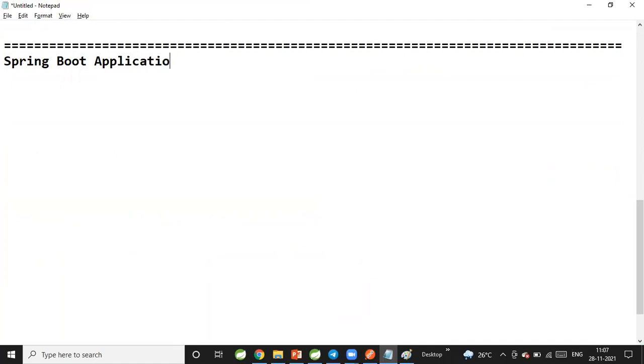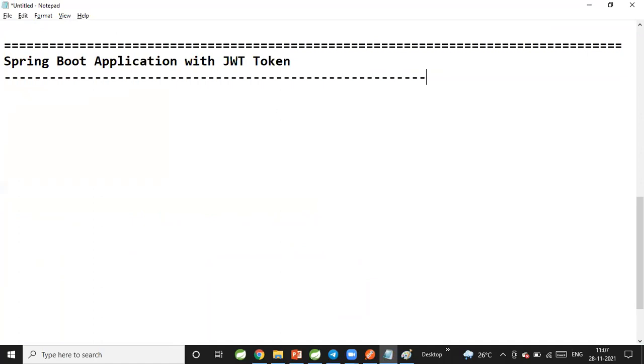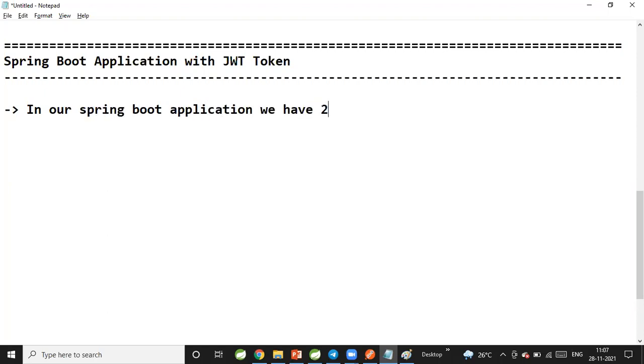In our Spring Boot application, we have two endpoints. First one is slash hello, and second one is slash token.